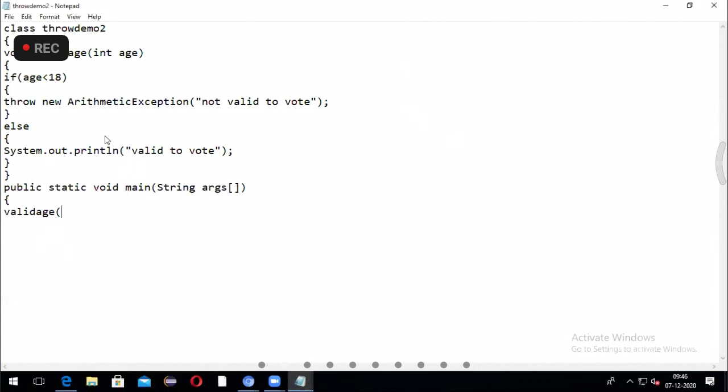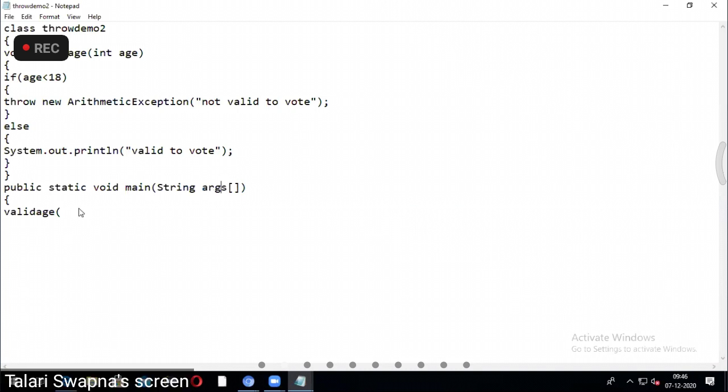So here, where is args? If you pass at runtime, you can pass input to the main method. That will be received by this args, and it will be in the form of strings. Why? Because whatever input you are giving, even if it is a number, it is going to be taken as a numerical string. I am not initializing, I'm passing my input.